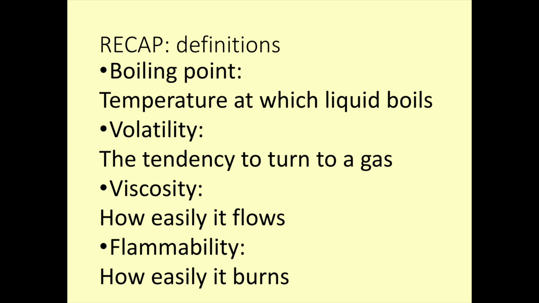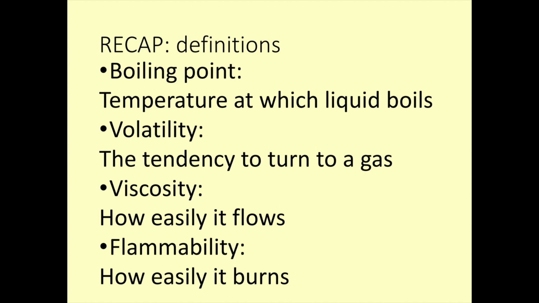So in last week's work, we were looking at fractional distillation, and that was using the property of boiling point in order to separate out hydrocarbons, so molecules containing just hydrogen and carbon atoms. So at the top, we got the shorter chains as they have much lower boiling points, whereas at the bottom you have your long chain hydrocarbons which have a much higher boiling point.